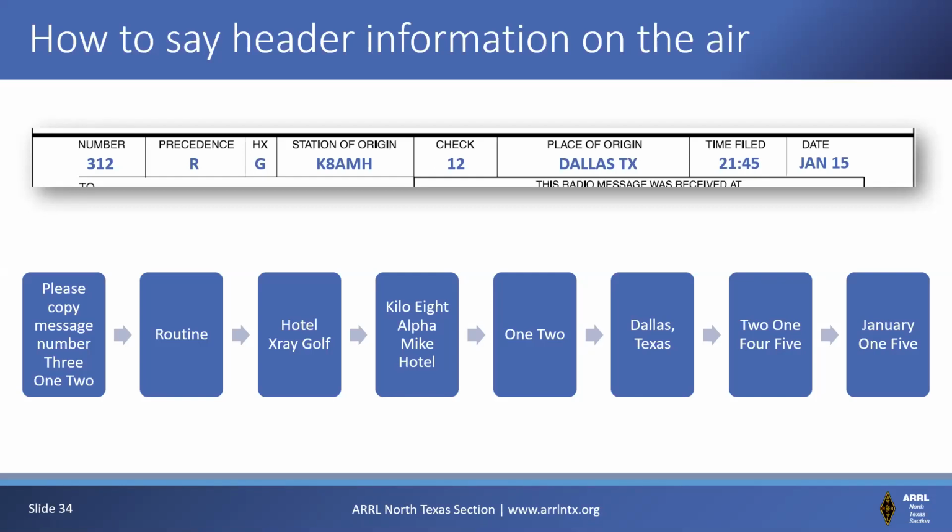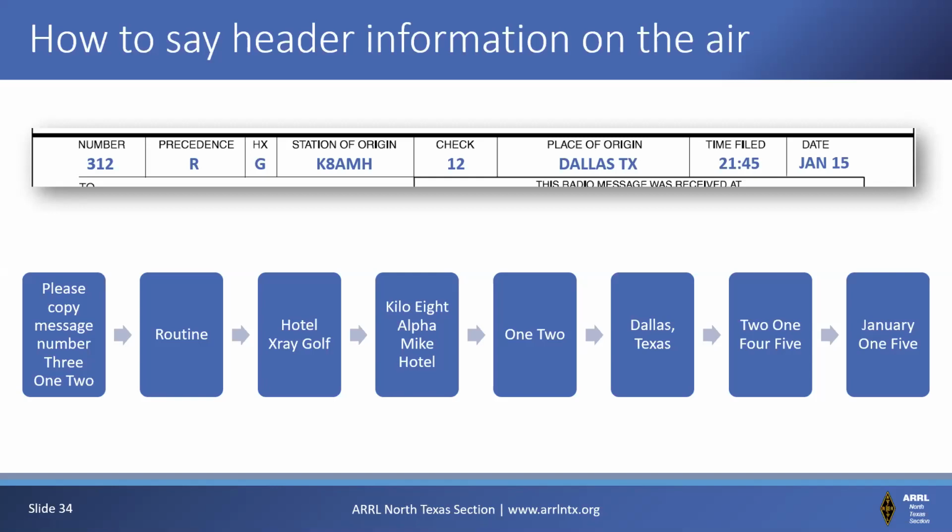Please copy message number 312, routine, Hotel X-Ray Golf, Kilo 8, Alpha Mike Hotel, 12, Dallas, Texas, 2145, January 15. Now notice I don't have to say, okay, the number is 312, and the precedence is routine, and the station of origin is it. We're all using the same template, so we all know the order of things. We don't need to say the subject over and over again. Again, we're trying to move these efficiently, so we don't need to burn